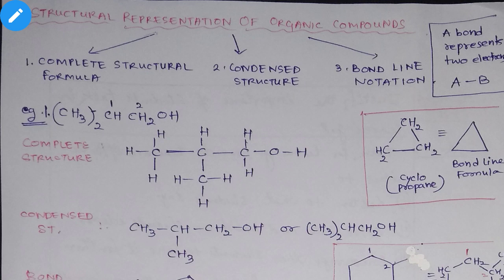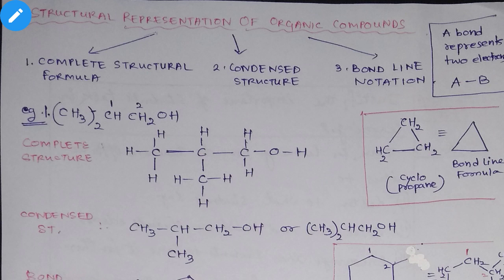That's why these chemists or scientists have arranged these organic compounds and given a particular notation to them. Some structural representation is given to these organic compounds, so that it would be easier for us to understand the compounds. It would be very systematic for us to do the identification of the compound. Under these structural representations, we can represent the organic compounds in three ways.